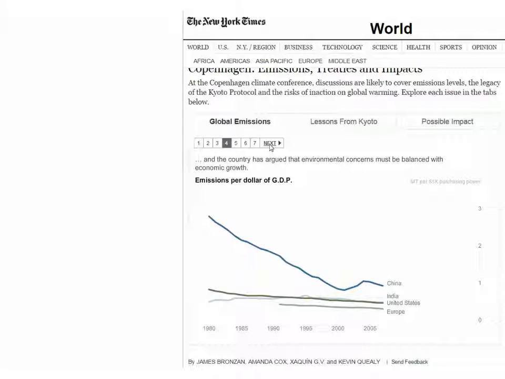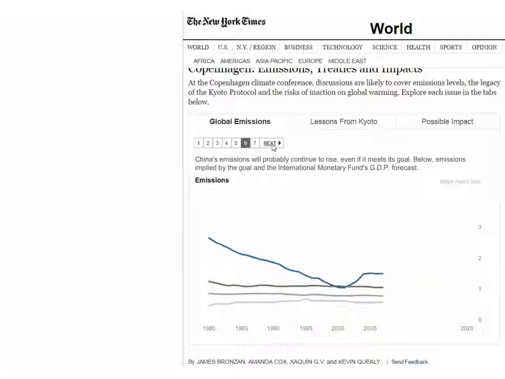Then they switch to emissions per dollar. China has been dropping in terms of emissions per dollar because its GDP has been growing over time. It's above the United States from a GDP point of view, and the United States has been dropping slightly along with India and Europe. Then they talk about the Chinese proposal going into this conference in terms of the emissions per dollar. And as you can see from that point of view, the China proposal is dropping. That's because their GDP will continue to go up. At least that was the estimate in 2007, and actually it did.